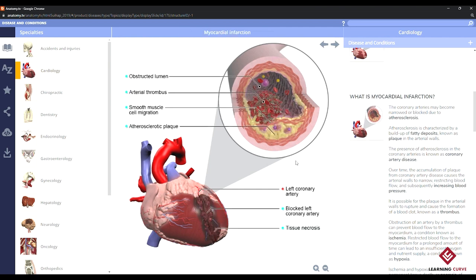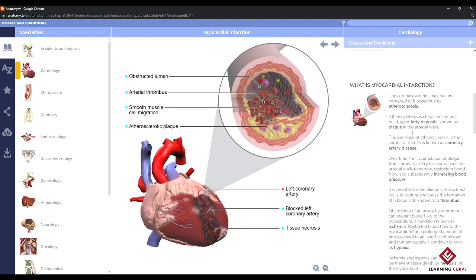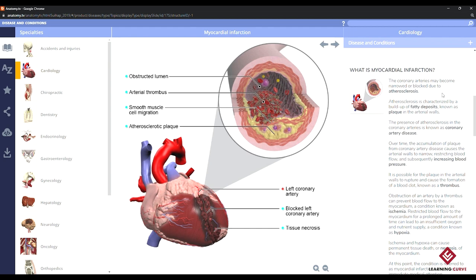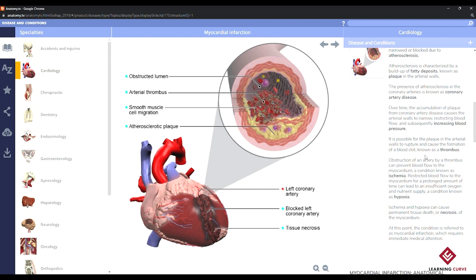With this next label diagram, what we'll see is the gradual progression of the narrowing of the lumen and the formation of an atherosclerotic plaque, or in this case an arterial thrombus. Now, with the associated explanatory text, we're then able to appreciate the pathophysiology of this condition in terms of the disease progression timeline from healthy all the way down to diseased tissue in terms of narrowing of the coronary artery, resulting in an increase in blood pressure, the effects of thrombus formation, and how that will affect the overall functioning